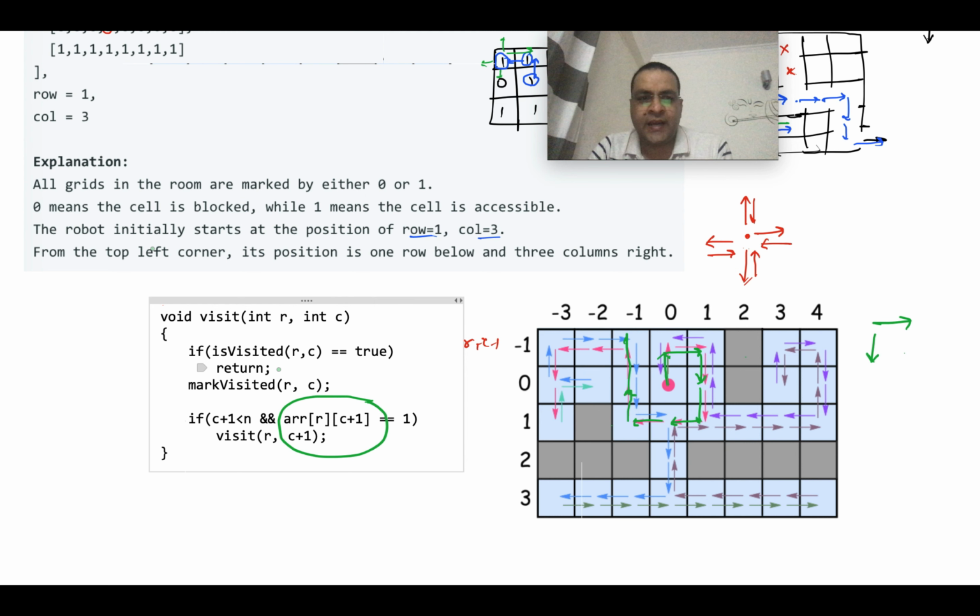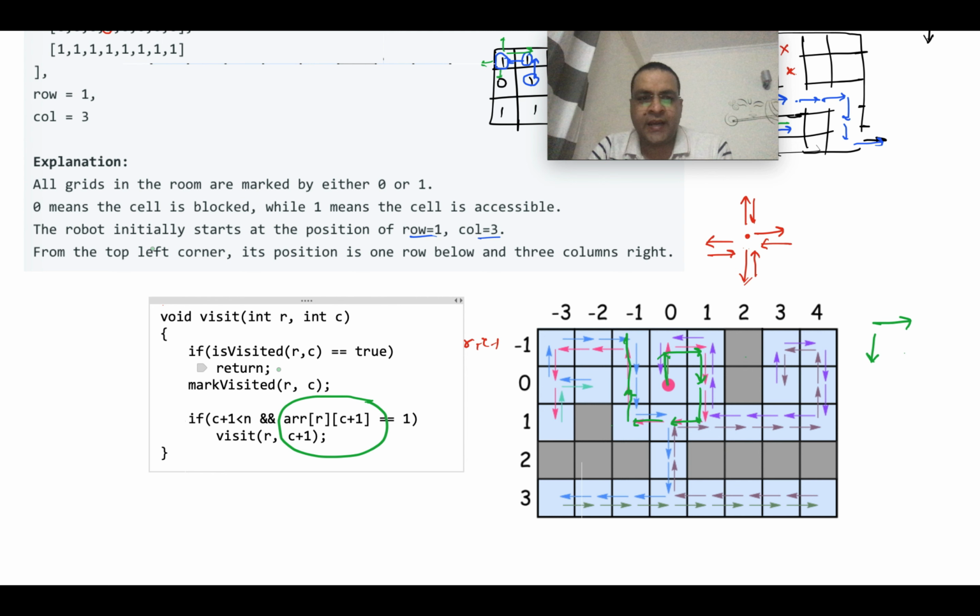So how much time will it take? Actually, it needs to take all types of directions. Is it 4 or N? How many times are we visiting each cell? 4 times, maximum of 4 times. Even though we are not really visiting it, because once it is marked as visited we are just checking it.